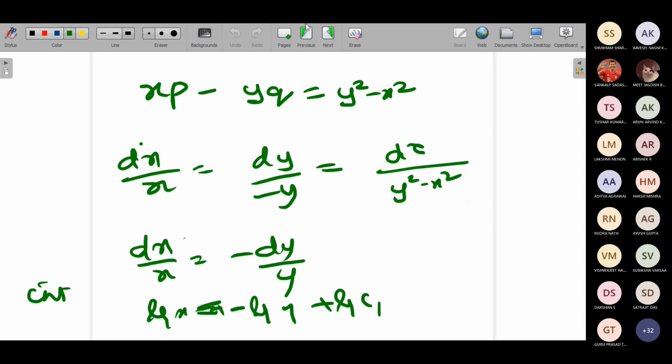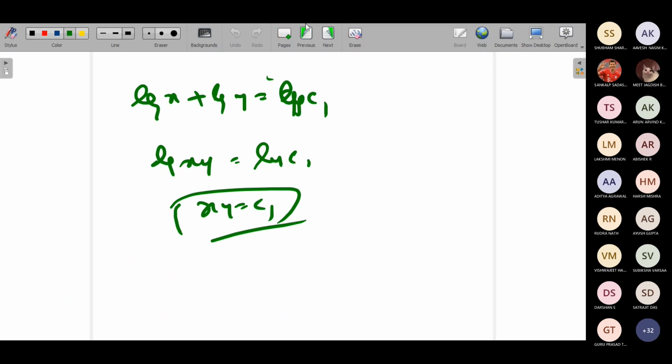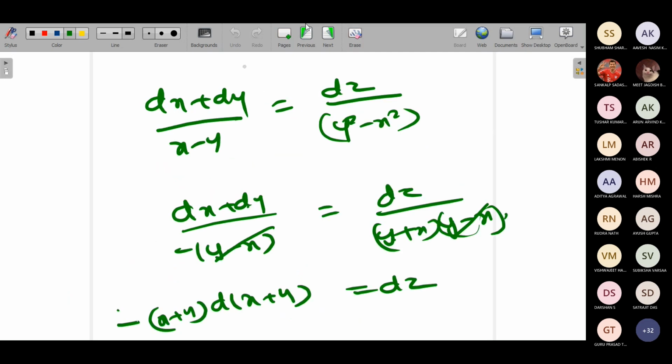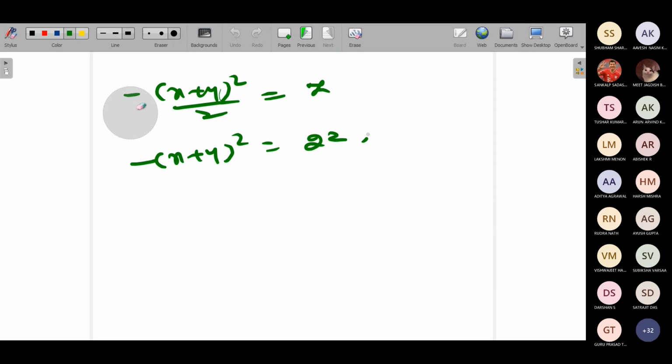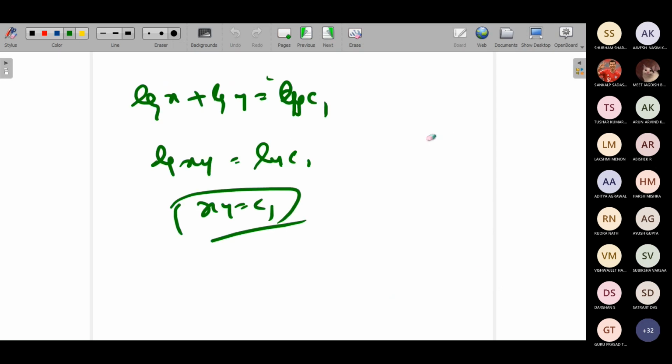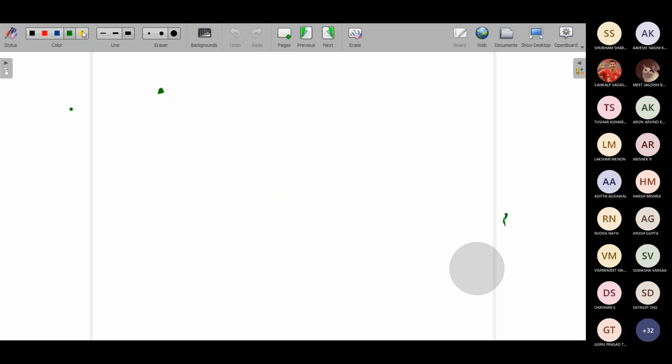So when the grouping method fails here, we talk about the method of multipliers. Let me explain you the method of multipliers. When you take the other two groups also, you are not going to apply it. So what I'll do is I'll use the method of multipliers. This is not the proper form, so that's why I cannot take like that. So I'm going to apply here the method of multipliers. First, I should explain what is the method of multipliers. Let me explain you.